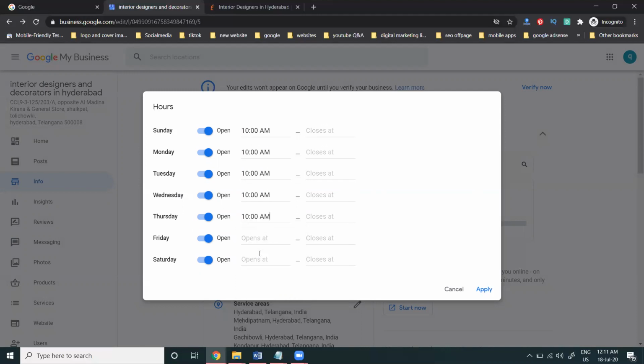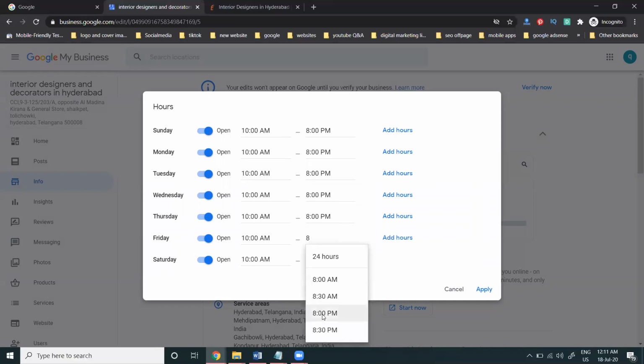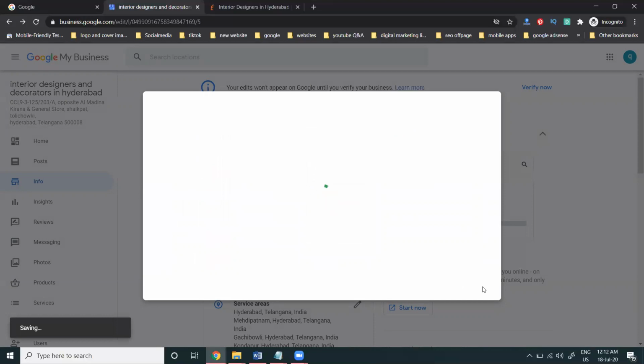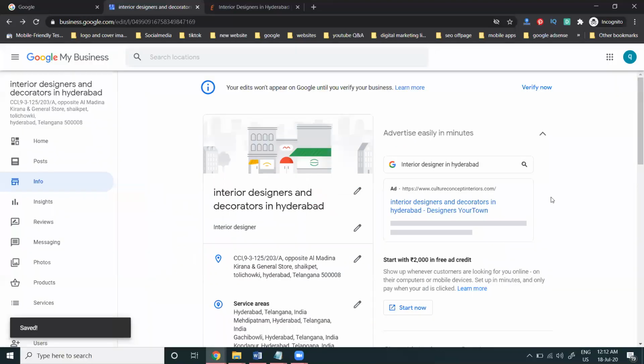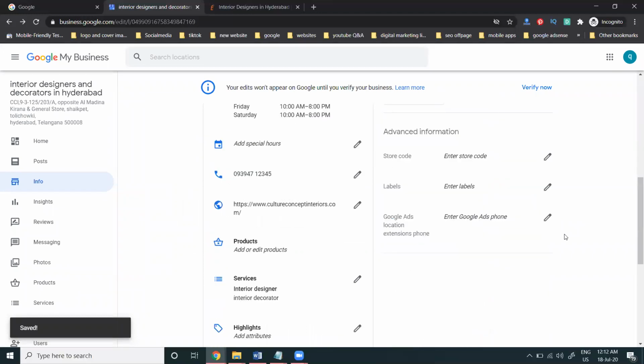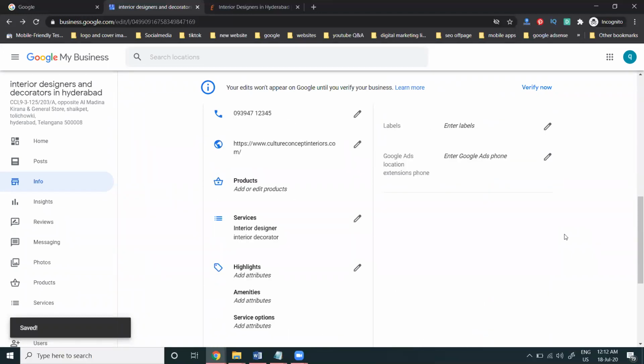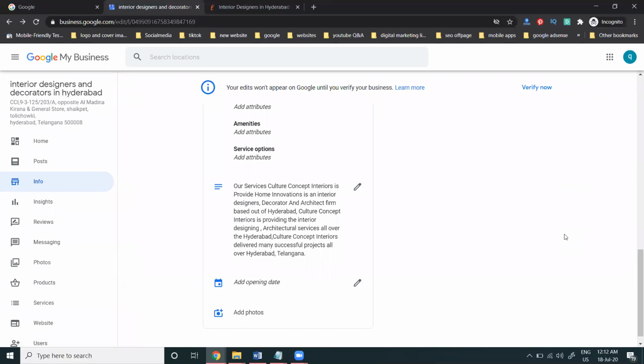At map creation time, you compulsorily have to give all the details, as they are mandatory fields. Apply it. When it is finished at 100%, they show that no errors will occur. After verifying this business, a lot of changes can be made. You can change the options based on your requirements. So this is the way of creating Google My Business for a particular location.